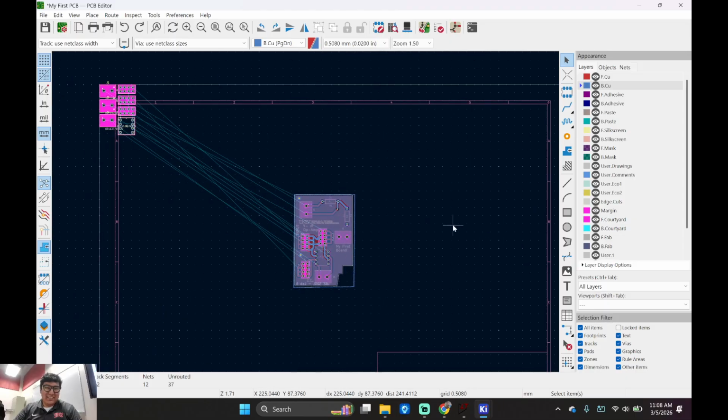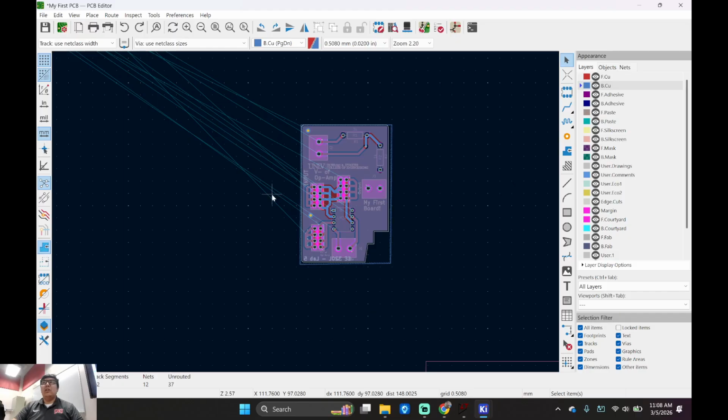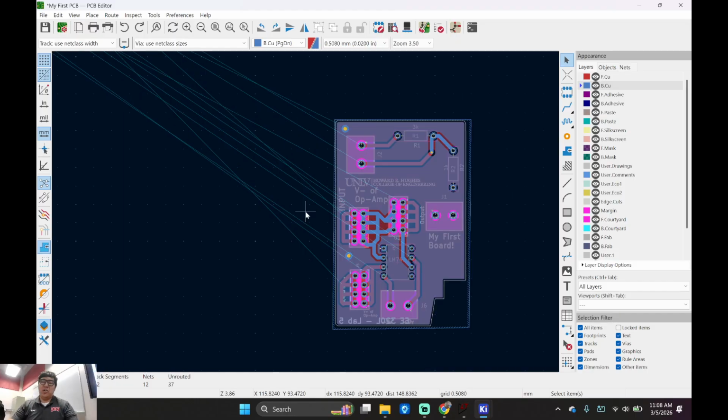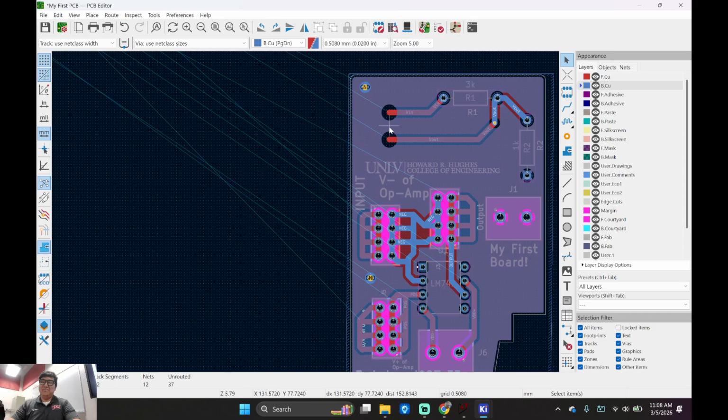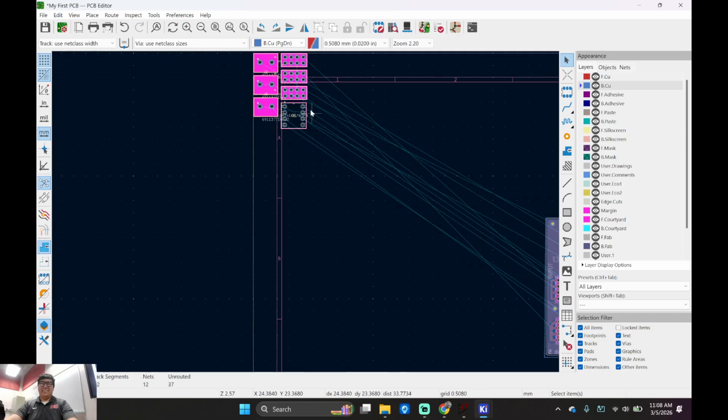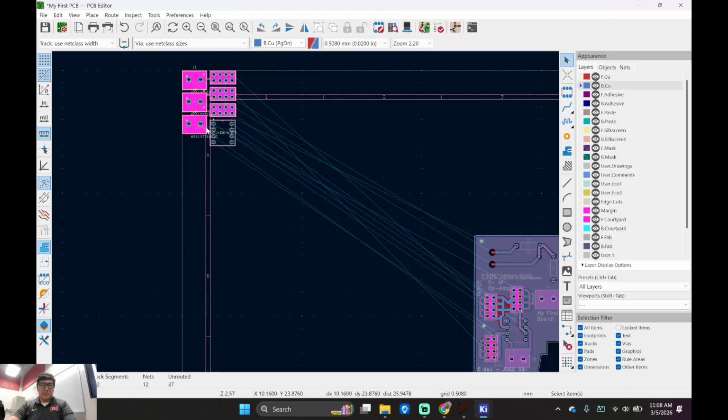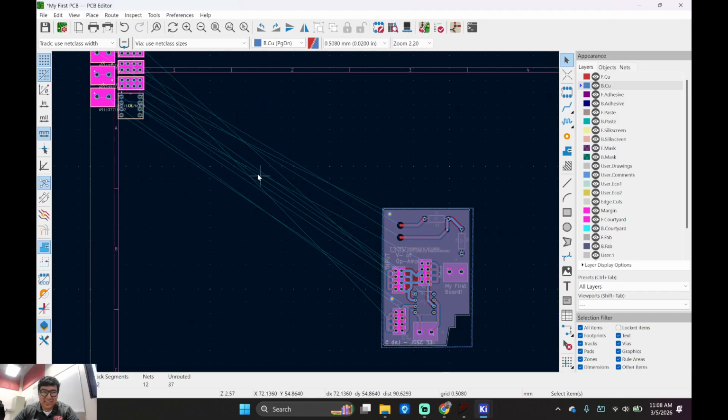Control Z. Okay. So when you do a master edit on the schematic, you change the symbol, you change something in the footprint, you change something in the 3D model, there's a super high chance you need to reinstantiate that footprint. So you have to do the following. Nuke it and just replace it. It's right there. Does that make sense? So one of these is not like the others. Let's see. Which one was it? Was it this guy?